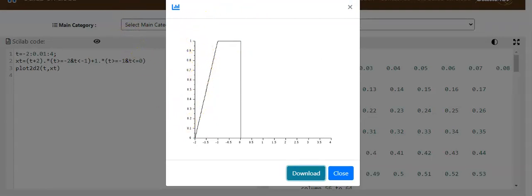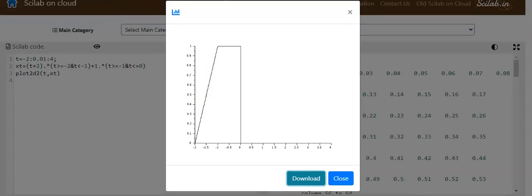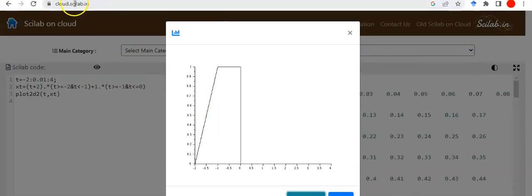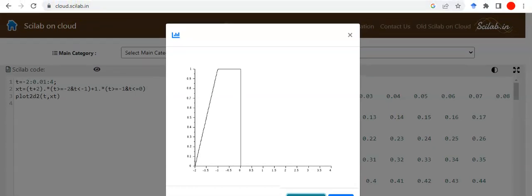Okay, you can do this thing in the SciLAB cloud. cloud SciLAB.in पे जाके भी आप कोई भी एक्सपेरिमेंट अपने मोबाइल पे भी कर सकते हो और अपने डेस्कटॉप पे कर सकते हो, even though you don't have any SciLAB package installed on your laptop or your mobiles. Okay, you can express